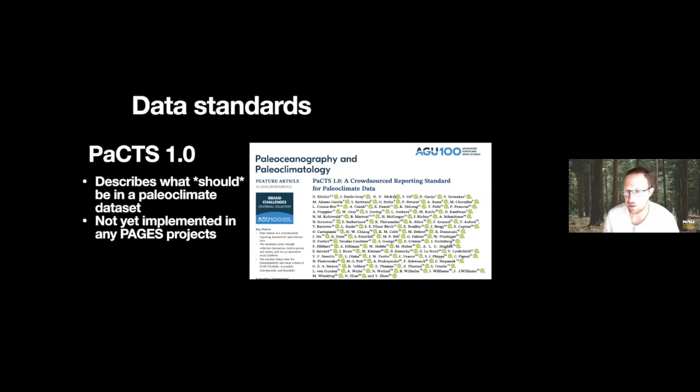Interestingly, or maybe not surprisingly, when we went around and asked people what should be in there, the standard was pretty high. When reusing data, people have very ambitious goals about what they'd like to see included in the datasets. But when sharing and providing data, people tend to be much less ambitious. And so in lots of ways, this is a very ambitious goal, and we haven't implemented PACS in any Pages